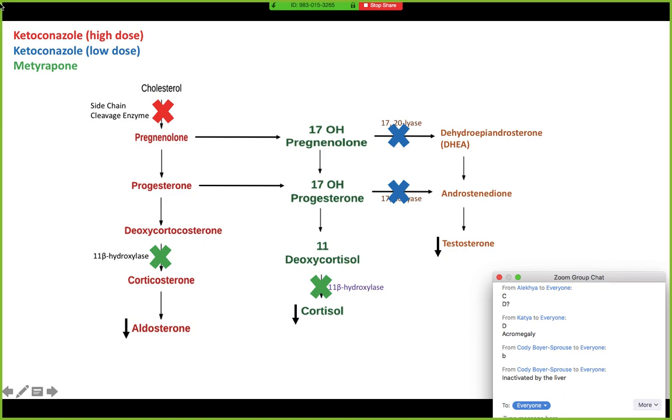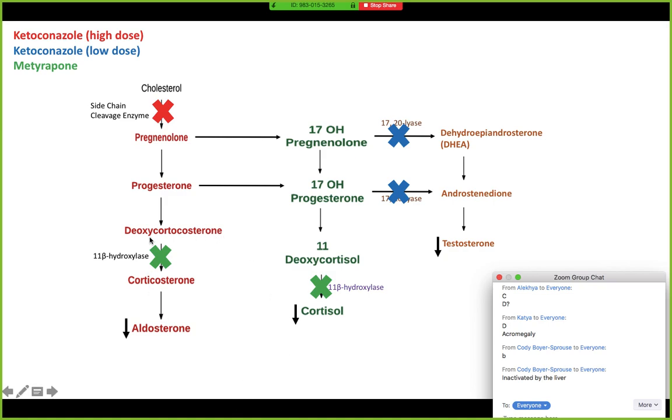So your ketoconazole at low doses is going to inhibit 17,20 lyase and then decrease androgen secretion. However, at high doses, you're going to see inhibition of the side chain cleavage enzyme. So that's going to decrease the release of all hormones. Whereas metyrapone, that's acting on 11 beta hydroxylase. And